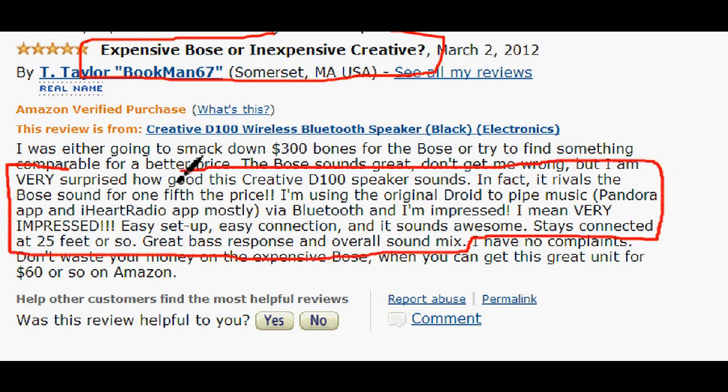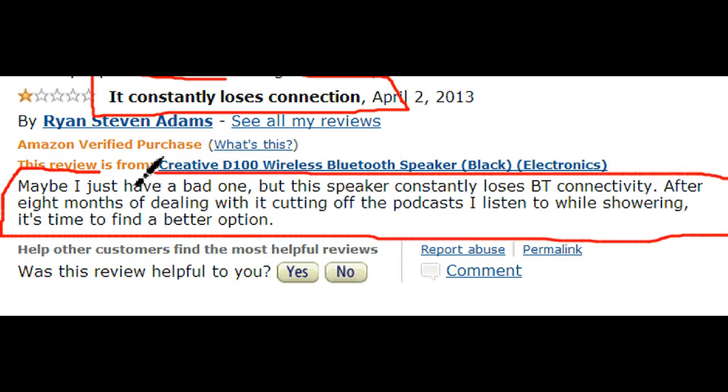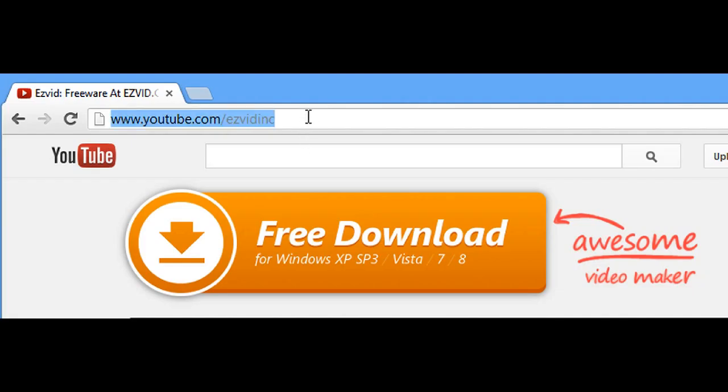Some users, however, had trouble getting the speaker to stay connected, and they did not care for the sound quality. Several also don't like that it's powered by AA batteries, but in turn, some probably really enjoy that it's cordless. So to each his own, but the AA batteries do hold charge for 25 hours, just so you know. Back to our list now,